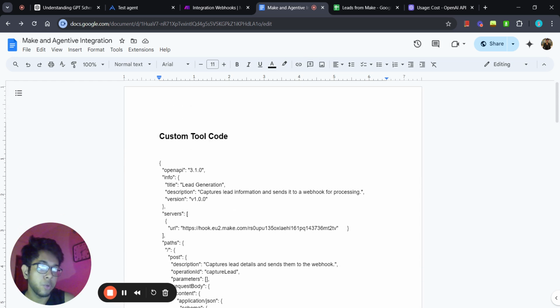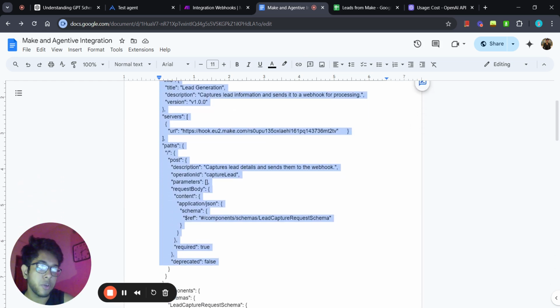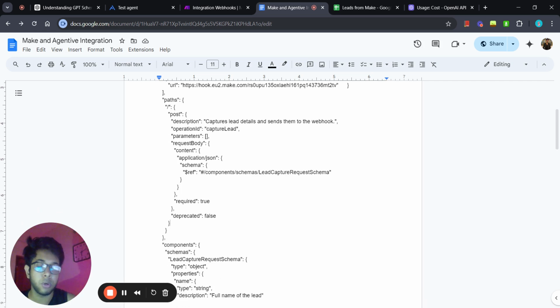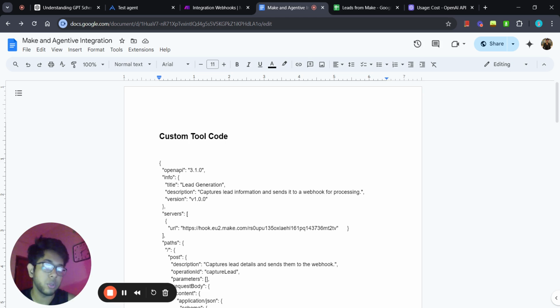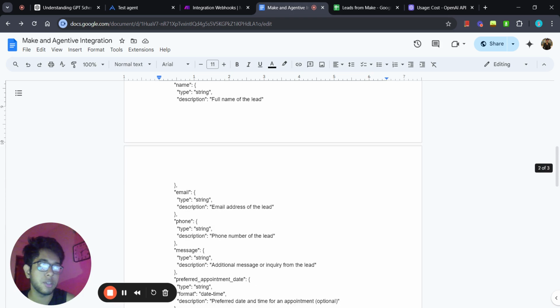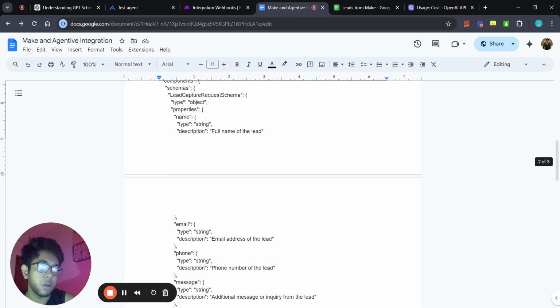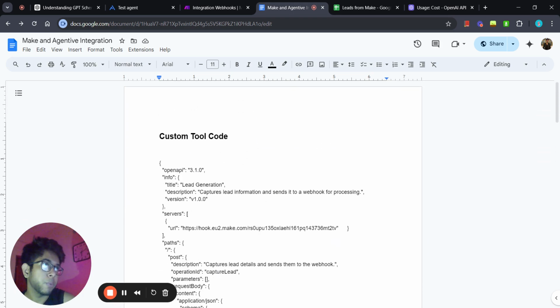All right, now if you're wondering how I got this schema, I've actually used this from Leah Motley's video. He uploaded a video on how you can add custom tools. So I just copied his code which he provided, and I asked ChatGPT to do the same thing, that I want this, and this, and just customize this and give it in this way. So yeah, I just basically got this from ChatGPT. Anyways,